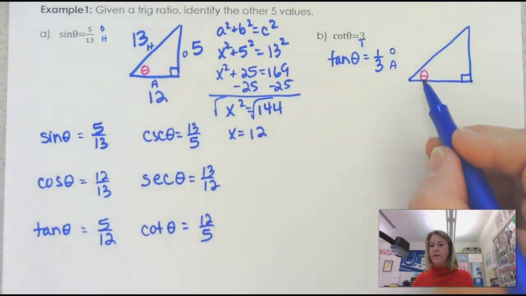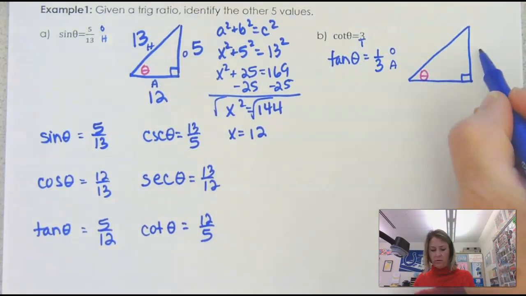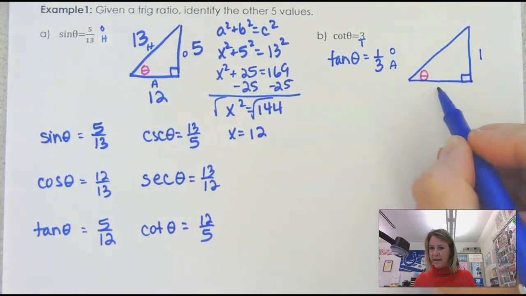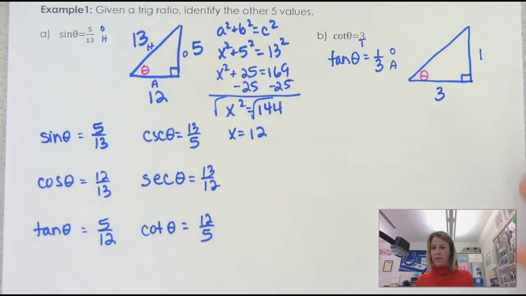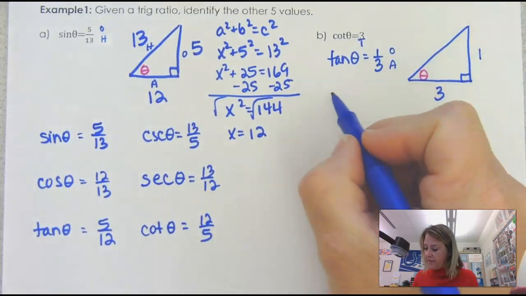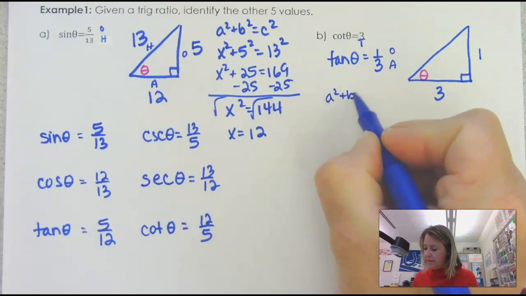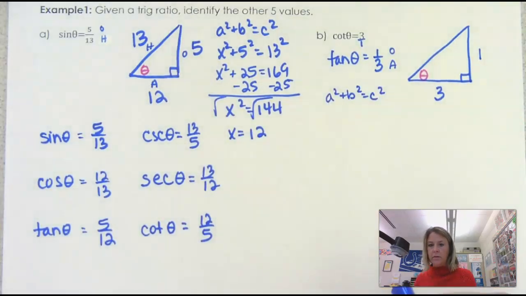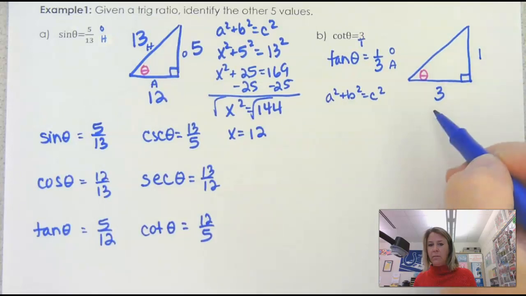So from this angle, the opposite side is right here, and the adjacent side is right here. So I didn't label them this time. Just be really careful where you put stuff. We don't know the hypotenuse. We don't know c this time. So we're going to have to do Pythagorean theorem again to find that. So I'm going to do a squared plus b squared is equal to c squared. A and b are my